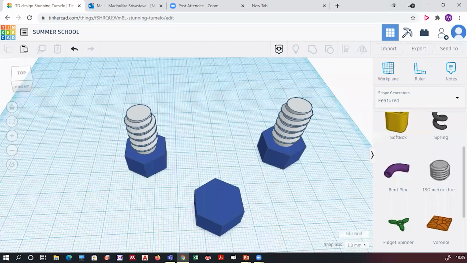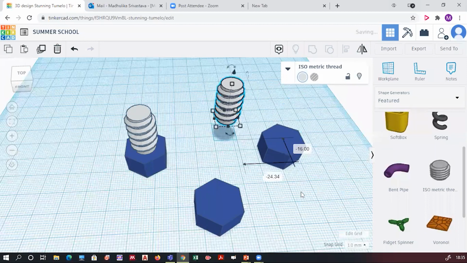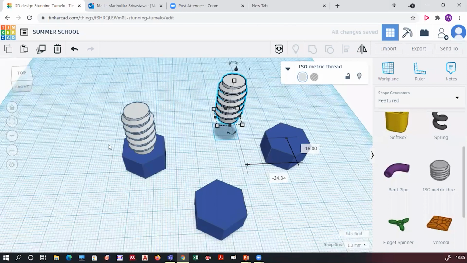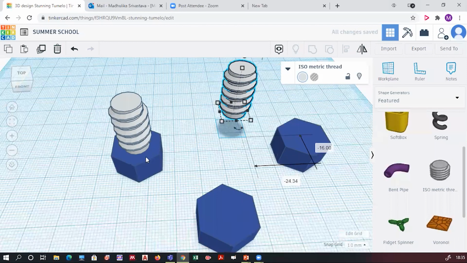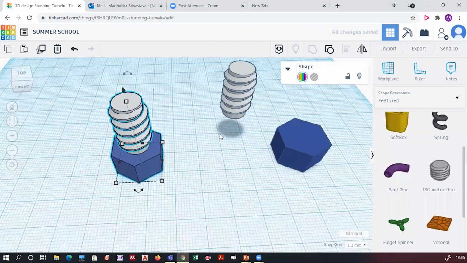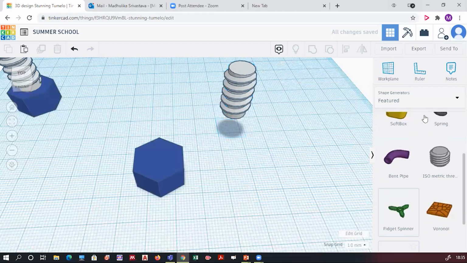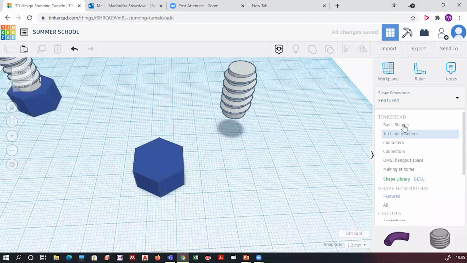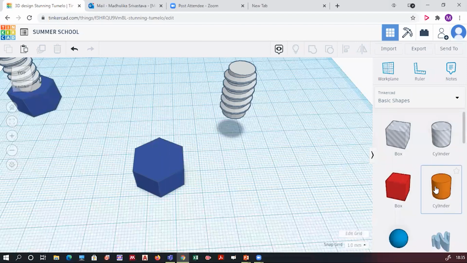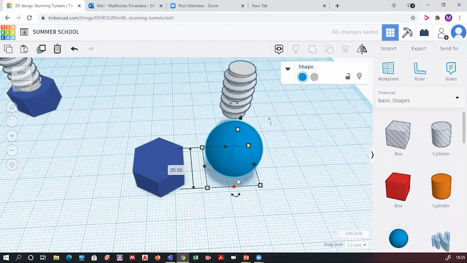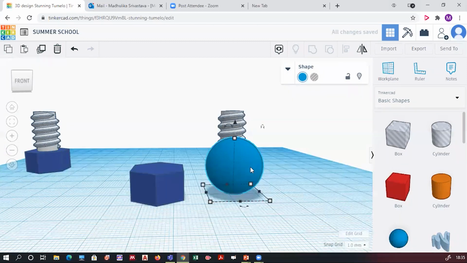Align option. Okay, many of you are facing problems with the align option. Let's look at this alignment once again. I'll just remove all the extra drawings over here. Suppose I have to align these. I'll take a simple object over here, a basic shape. I'll take a cylinder, or just a minute, I'll take a sphere. And I want to align these two objects together.